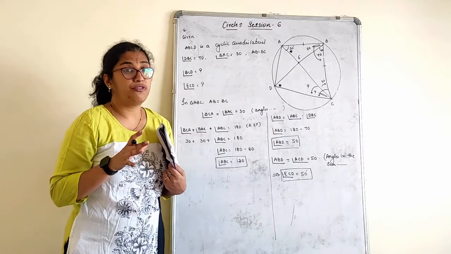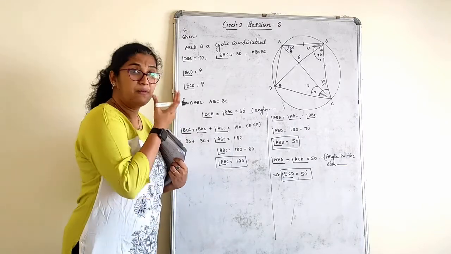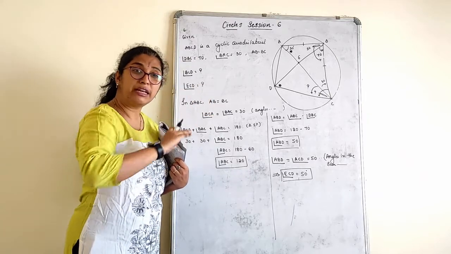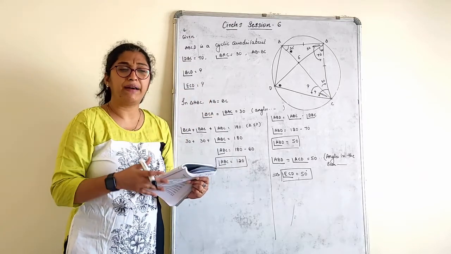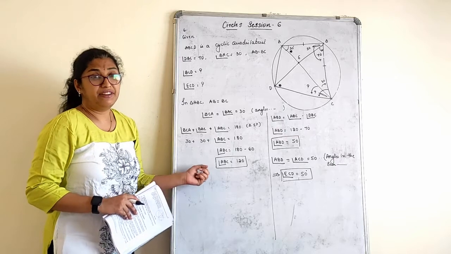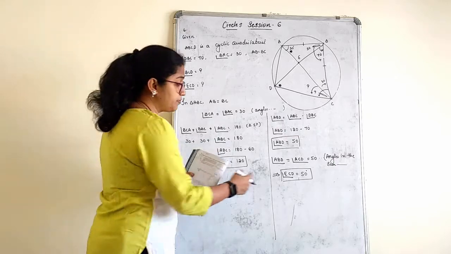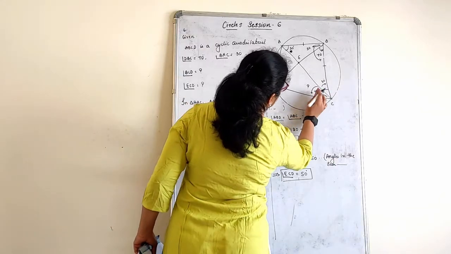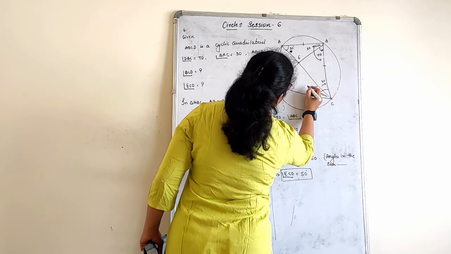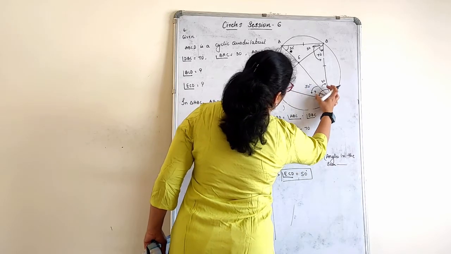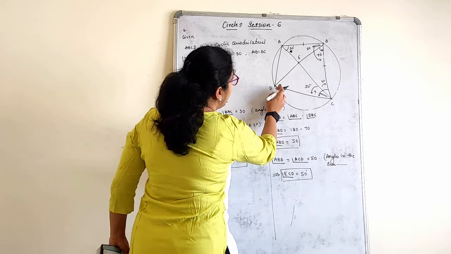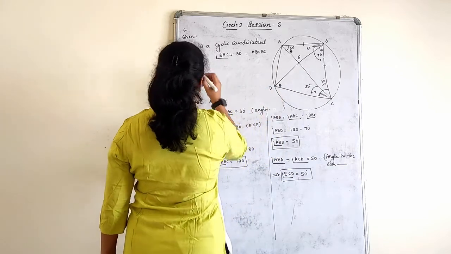And the last part. Several methods are there to find here. You can use whole angle part or opposite angles of cyclic quadrilateral. Try your maximum level best. I think I have done the simplest way to solve this. I found out this, which is now, this part is 50. Whole angle also I have to find. This is over.